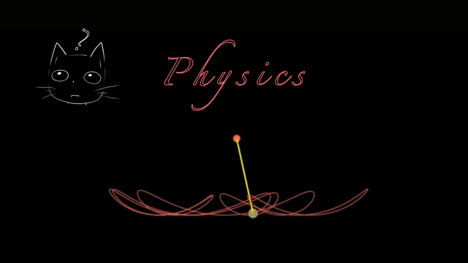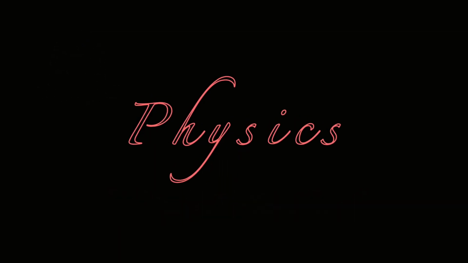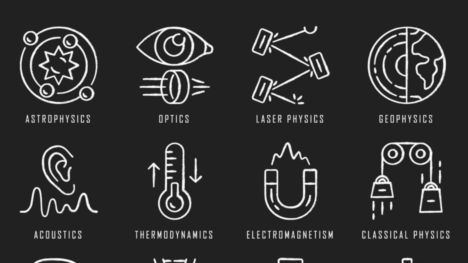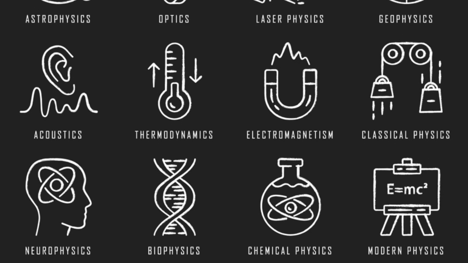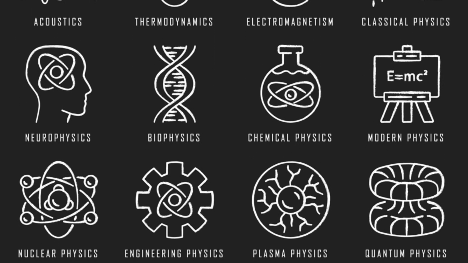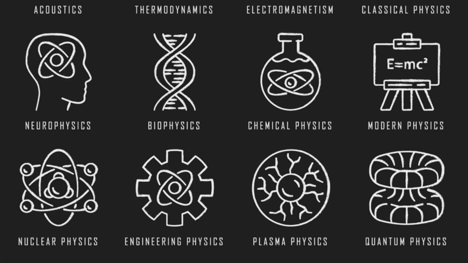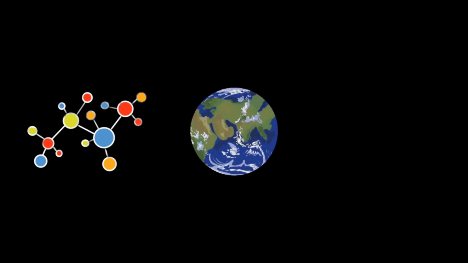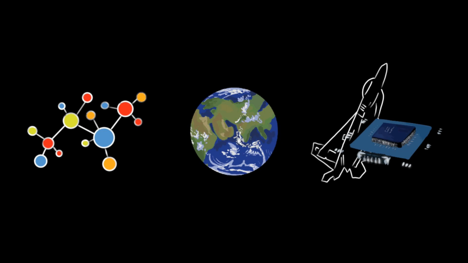So physics is one of the most fundamental sciences. It's the science that studies the nature of the universe, not just what it is made up of, but how and why it behaves the way it does. The ideas of physics are used everywhere, in chemistry, biology, astronomy, or even in geology and medicine. A chemist or a biophysicist might study how molecules interact. A climatologist uses physics to model the atmosphere. An engineer uses physics to build, say, electronic devices, spacecrafts, and so on.